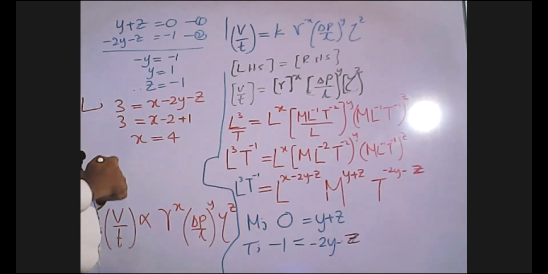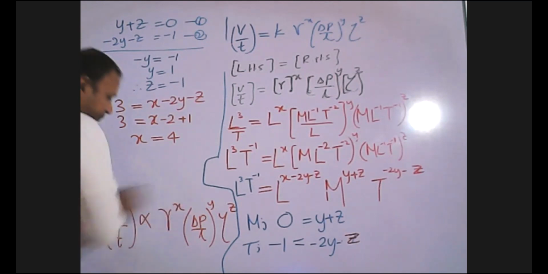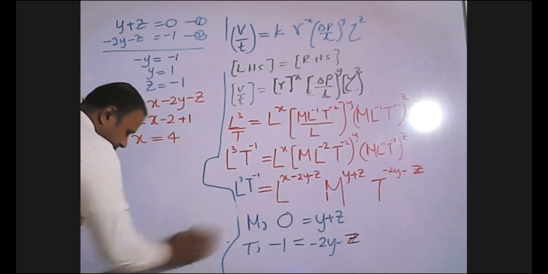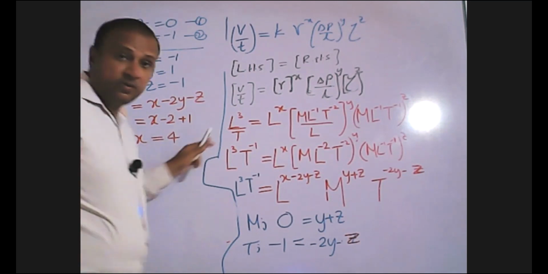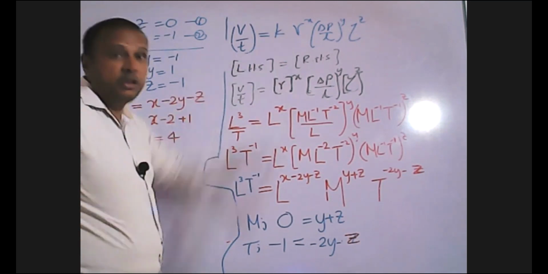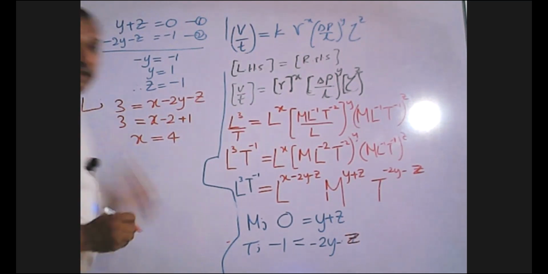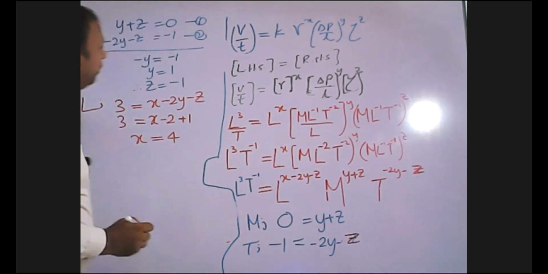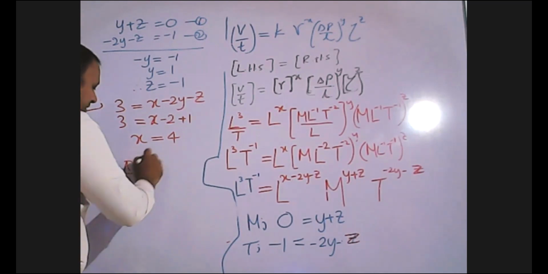Okay, now you have the answer. You can substitute those values in this assumed equation. We are given the value of k. V over t means Q. Don't write V over t yet. Q is equal to 5 over 8 into r to the power x